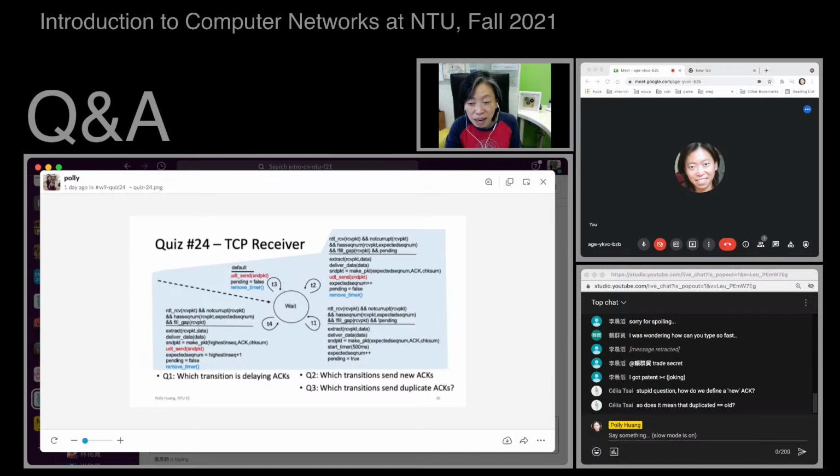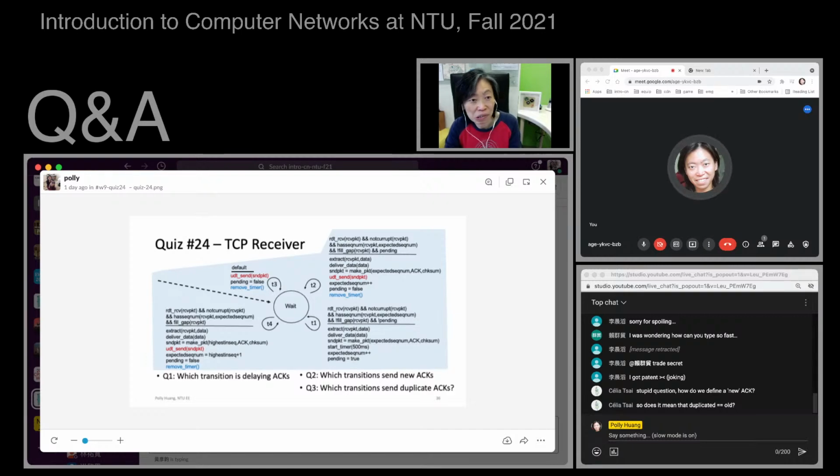When the timer expires, we trigger a timeout event, and because there's no timeout event here except the default, which is T3, T3 is triggered. And that new ACK we generated in T1 will be transmitted. Then we change pending to false and remove the timer.